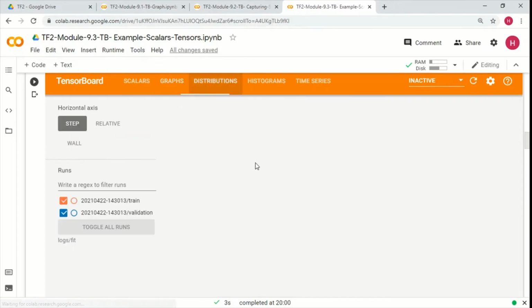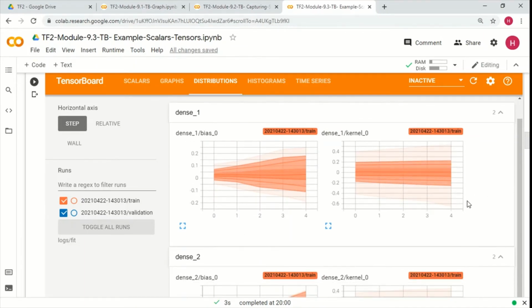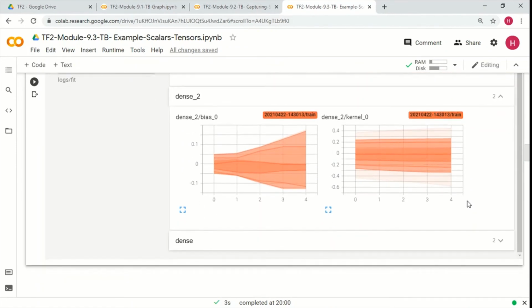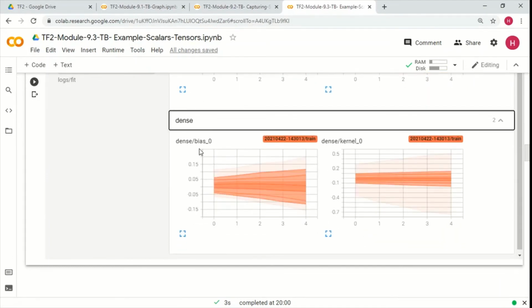And then let's go to the distribution. Since we had multiple layers in this case, three different layers, this is the dense, the innermost layer that we have, and we have the view of the bias as well as of the weights here. So what does it tell us? These were the epochs. We are basically running 5 epochs, and these are the values in which it is ranging.